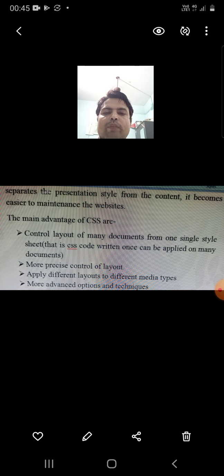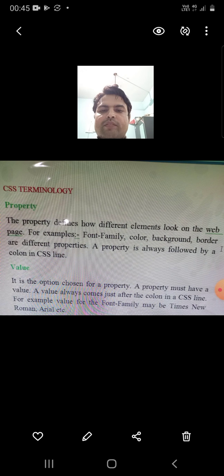More precise control of layout, that is, it controls the layout of the web page very well and applies different layouts to different media types like screen, print, audio, video, etc. More advanced options and techniques.